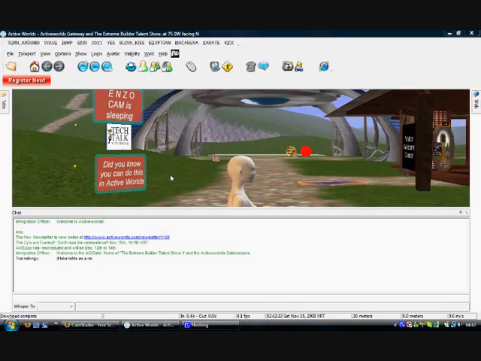Right, I've actually already logged in to ActiveWorld by entering my name and email address as a tourist. If you have a citizenship, then you just enter your username and password at the login screen and you can